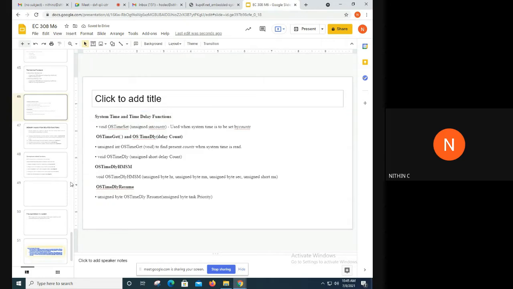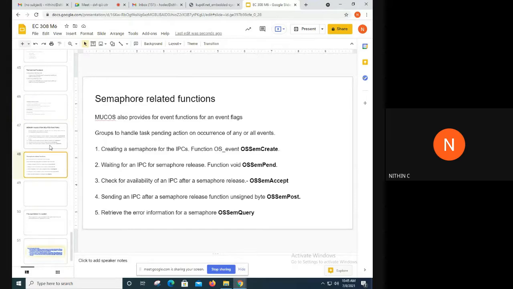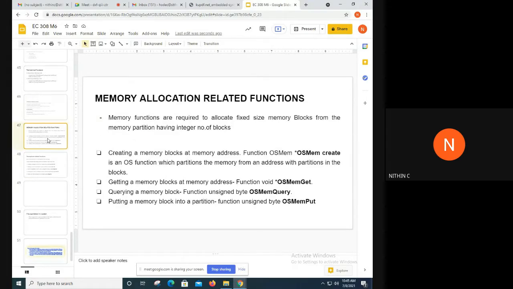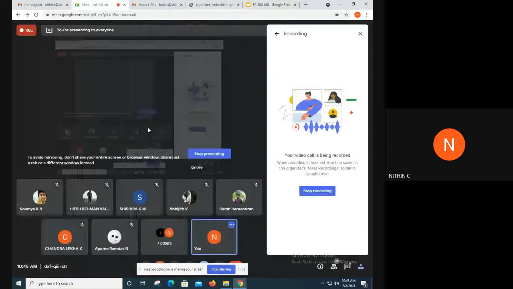Is that okay? Can we move further? Okay, the next two more topics are the memory allocation related functions and semaphore related functions. Semaphore related functions, I think we have already studied in the last module, functions related to semaphore. But this you need to be familiar with. So I will explain with the help of